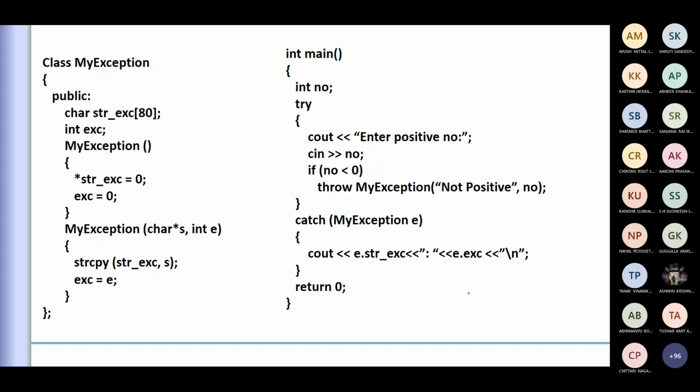So what you can learn from here is that I can create my own user-defined class and define the error and error number, whatever way I want to handle. I can create the object of that particular error handling class and appropriately put it in the catch block here.